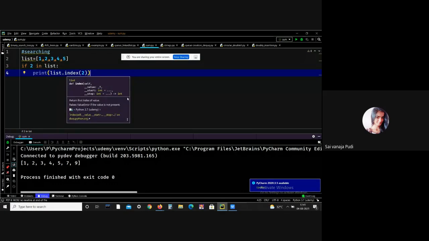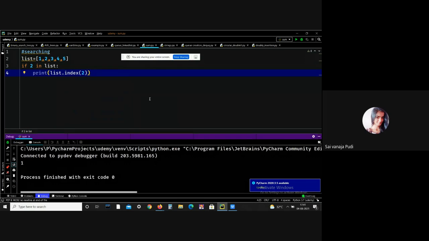Let me print. See, we got the output 1, because the element 2 is present at index 1. This is all about the in operator.